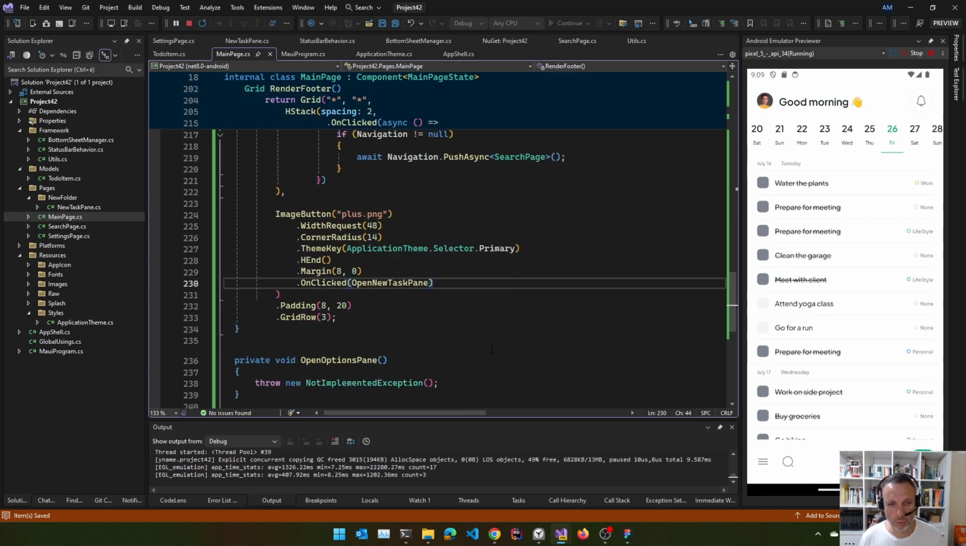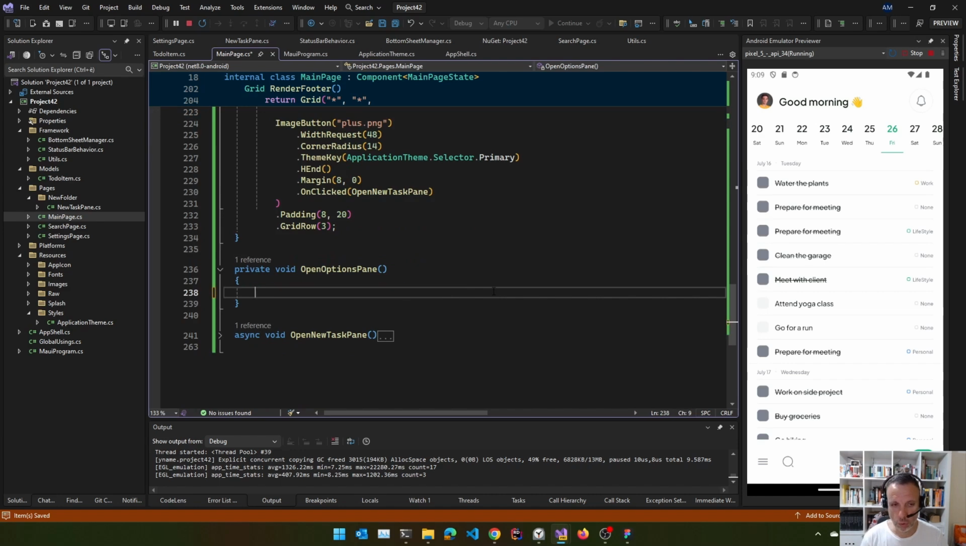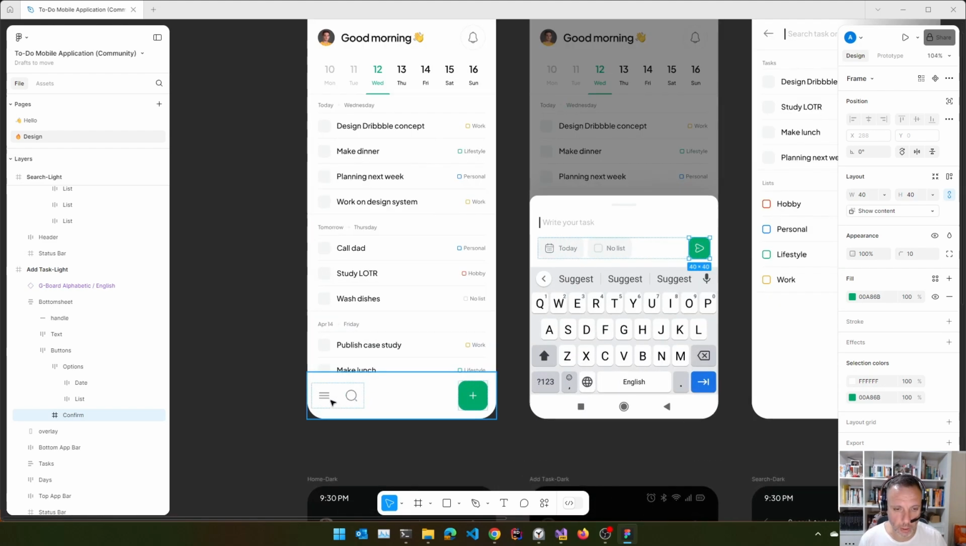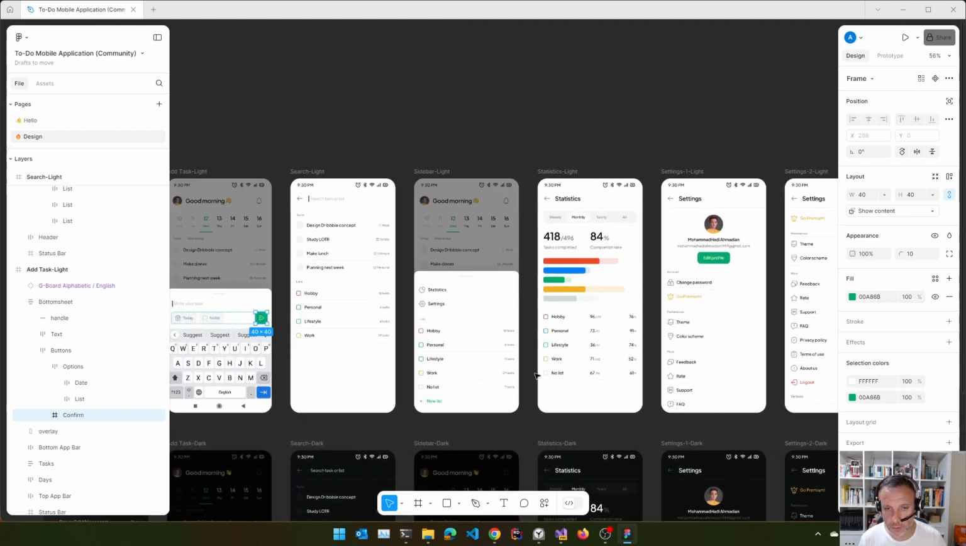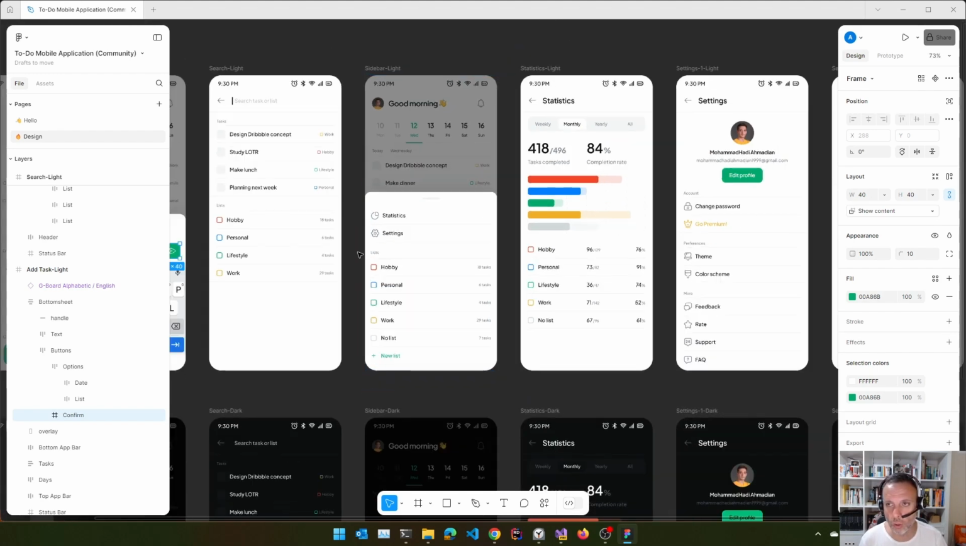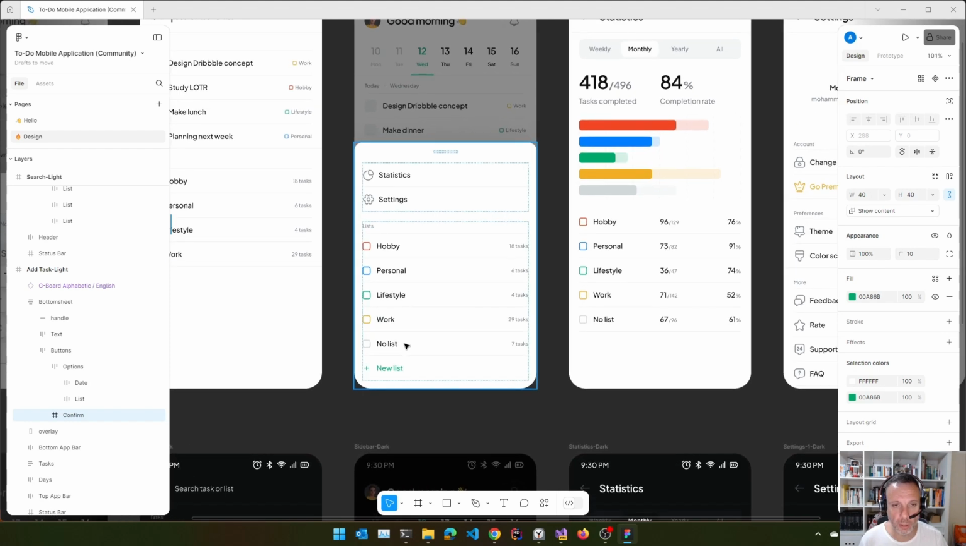Okay, before moving to the settings page, if you look closely at the Figma design project, when one clicks on the hamburger here on the left, what happens is that this bottom sheet is opened. This is a bottom sheet that shows on top a couple of menu items. The first one opens the statistic page, the second one opens the settings page, and on the bottom you see all the list with the number of tasks for each list,